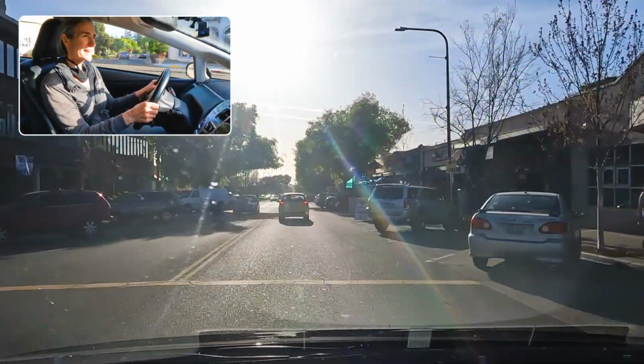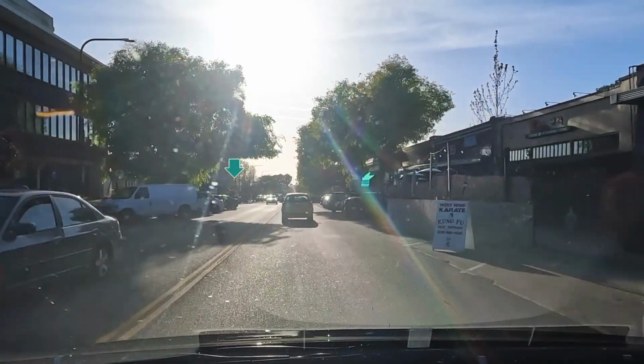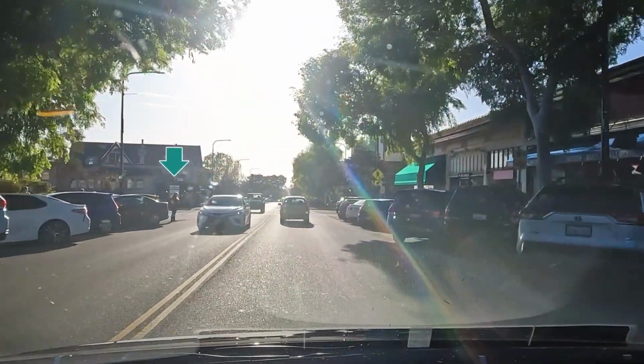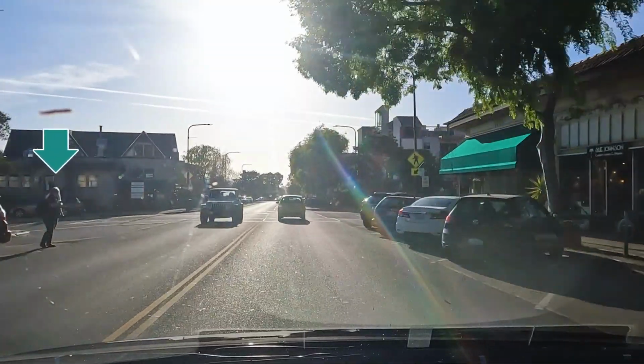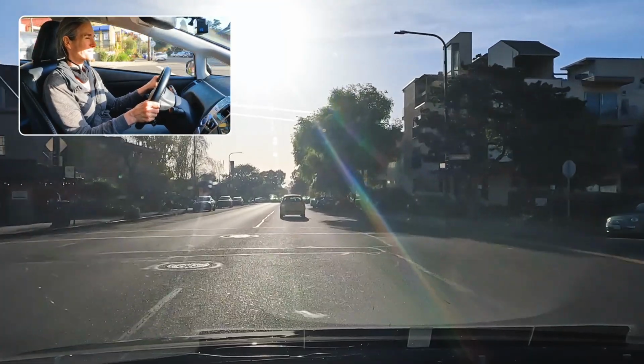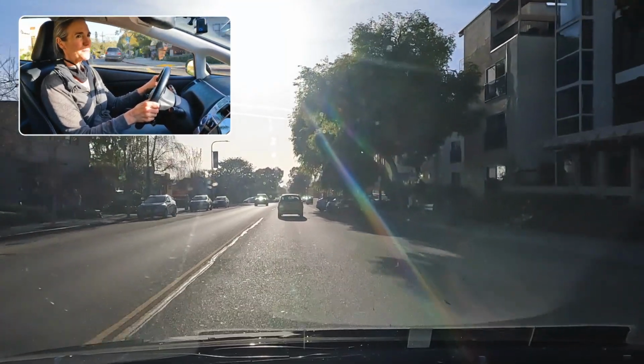And I'm scanning right and left. I see someone on the left side. They look like they're pausing and waiting. I'm going to keep going, and they're going to cross behind me. And I chose to keep going there